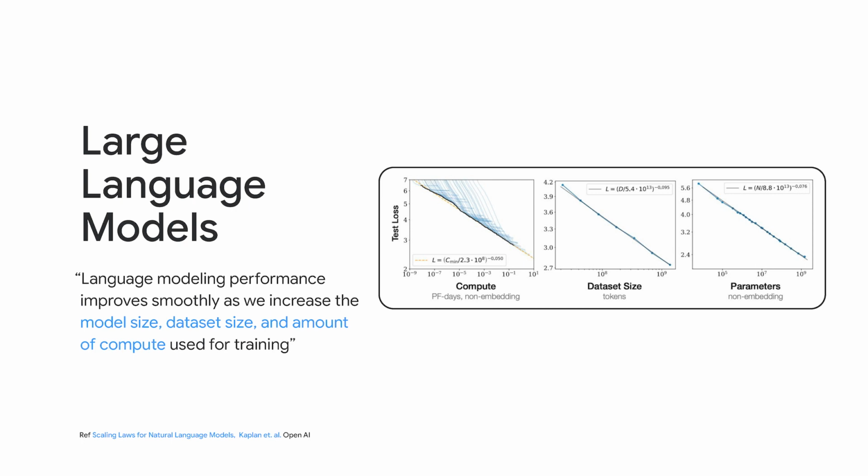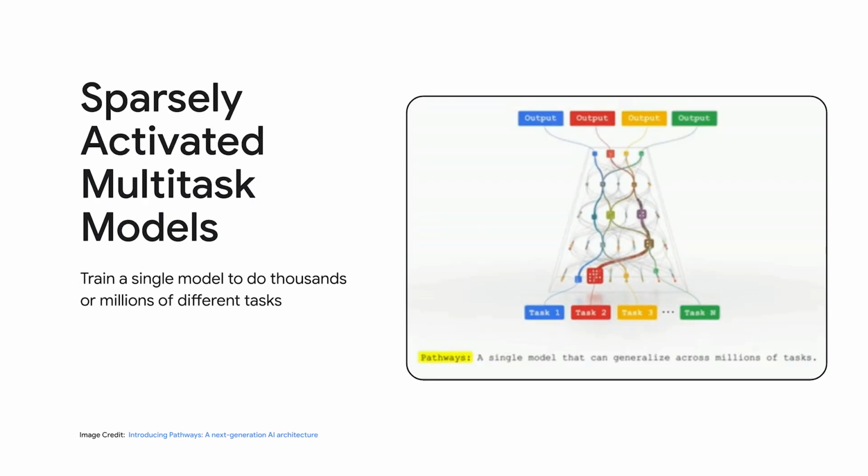They found that within reasonable limits, these three factors were much more impactful on model performance compared to architectural hyperparameters such as network depth and width. And you might have seen this schematic from the ML Pathways talk by Jeff Dean, where he spoke about really large but sparsely activated multitask models, where only a small portion of the model is active while performing a certain task. As a result, this class of models is too large to fit on a single device. To put it simply, large models matter.